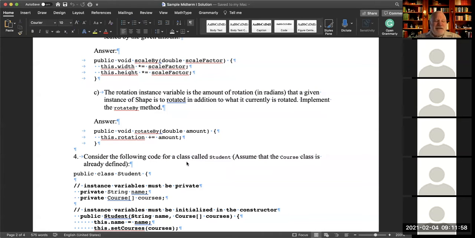Like here, we're not dealing with displaying graphics. How to display a shape that's rotated by a certain amount actually involves some trigonometry and some other stuff, and those kinds of things you will learn about in your graphics class.